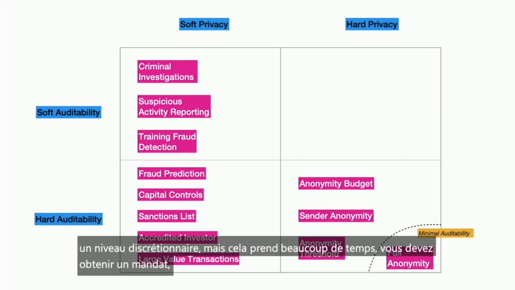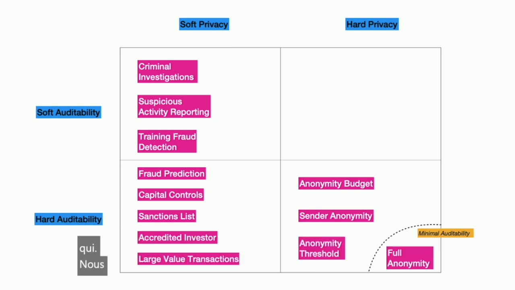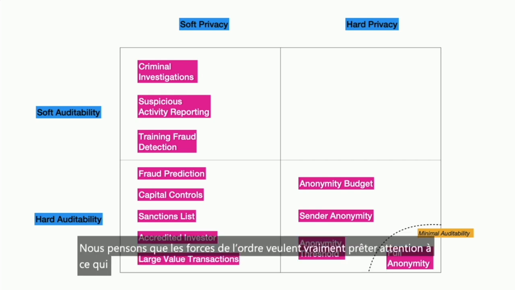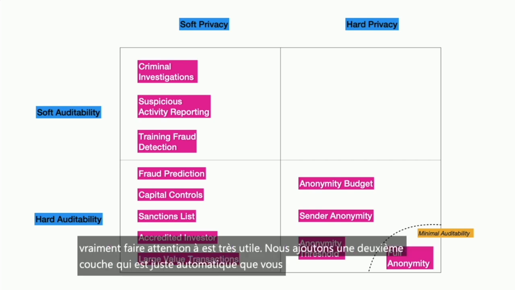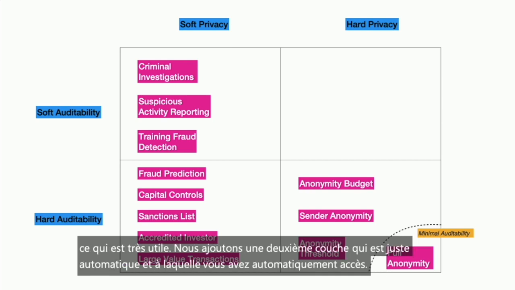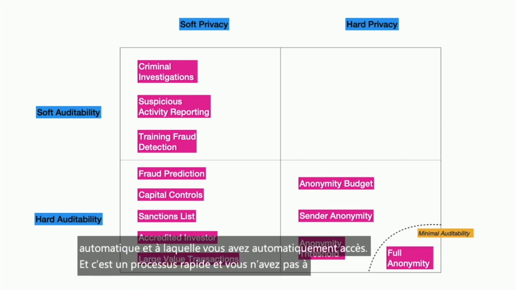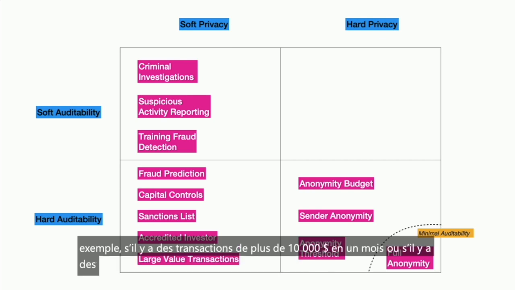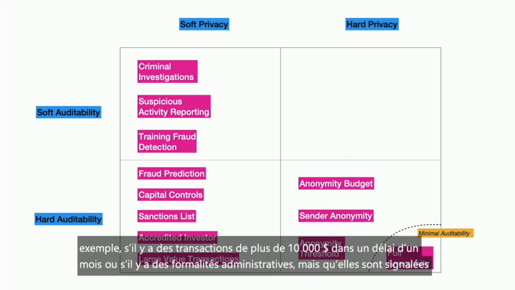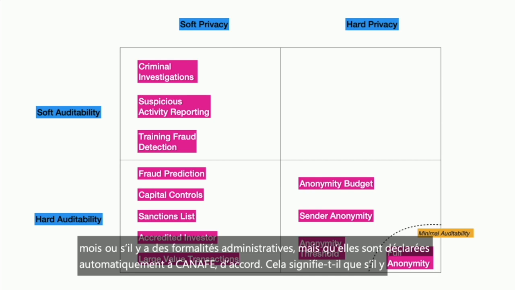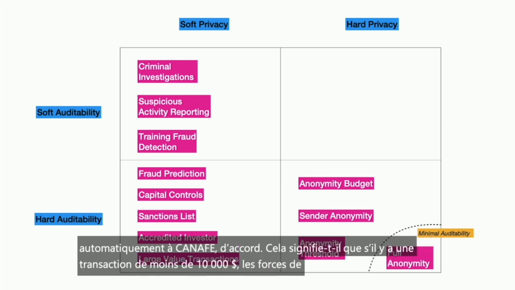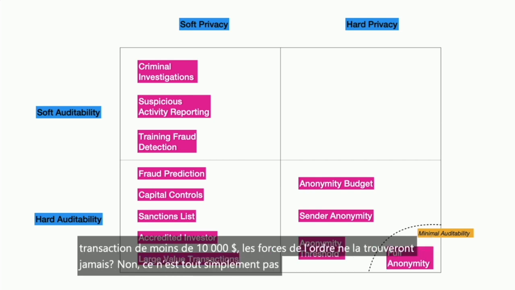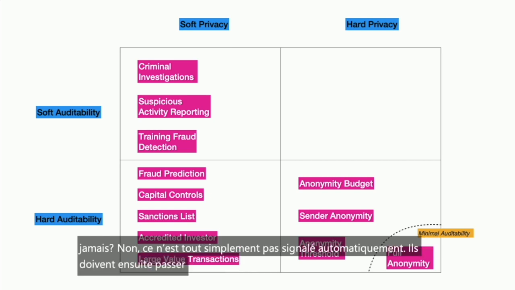So then for things that law enforcement really want to pay attention to, that are highly useful, we add a second layer, which is just automatic, so that you automatically have access to that. It's a fast process, and you don't have to talk about it. So, for example, if there are transactions over $10,000 within a month, there's some red tape with it, but basically it gets reported automatically to FinTrack. Okay. Does that mean that if there's a transaction under $10,000, the law enforcement will never find it? No, it's just not automatically reported. They have to go through the slow path of the soft auditability and get a warrant and get access